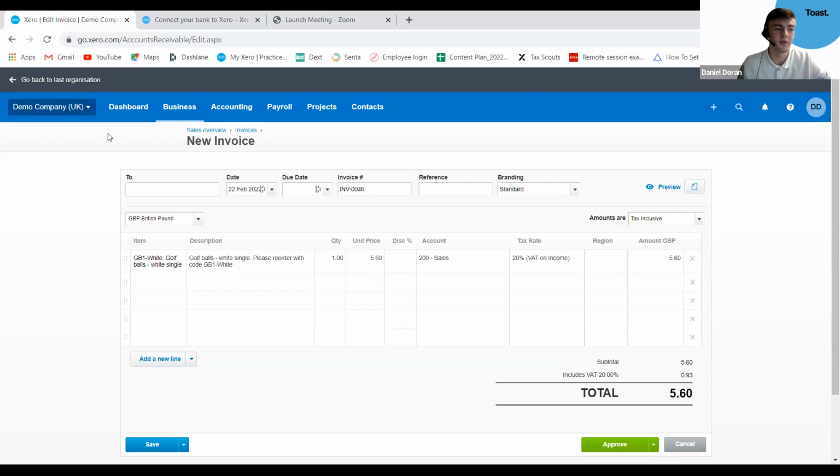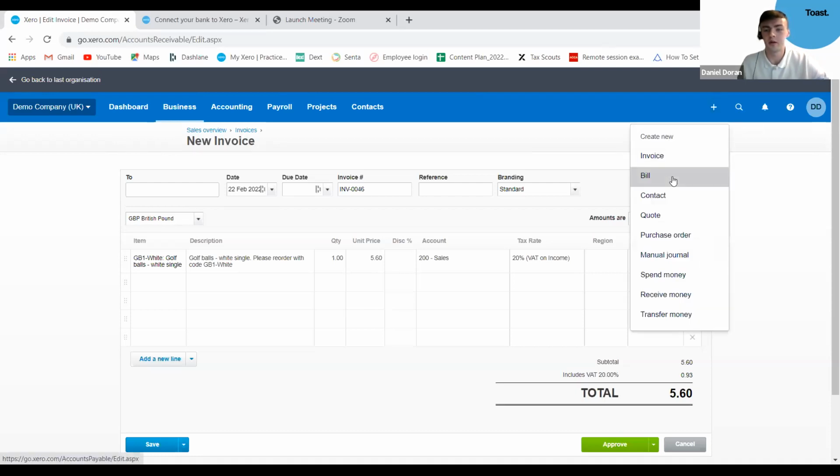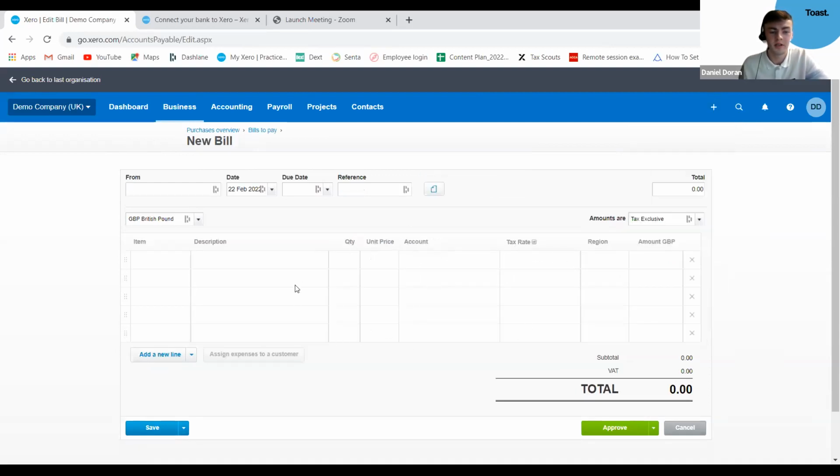So the third feature I'd like to show you is how to add a bill. You just go to the plus icon there at the top right of your screen again, and then click on bill. So it looks pretty similar. You can manually input the information again on the expense bill. With our clients here at Toast, we use a software called Dex, where we have our clients upload any photos of their invoices and receipts. What Dex does is extract the most important information from the invoice or receipt, and then we pull the image and the most important information through to Xero.